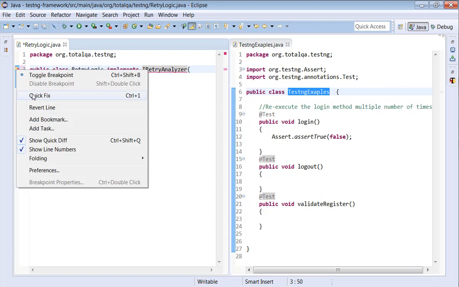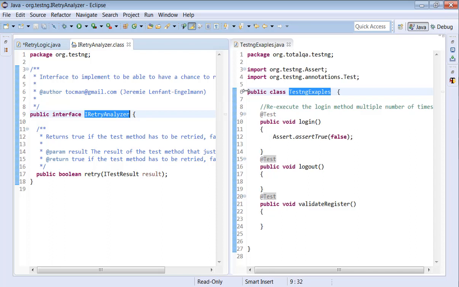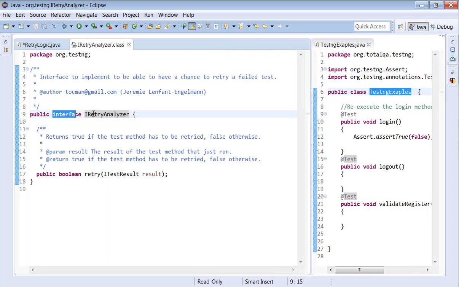When I say IRetryAnalyzer, it is asking us to import, so we'll import that. But whenever we are using an interface, what do we have to do? We have to provide an implementation for the abstract methods available in the IRetryAnalyzer interface. Let me show you the content of the interface. It contains a method.